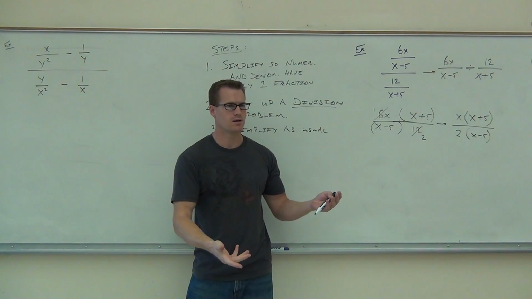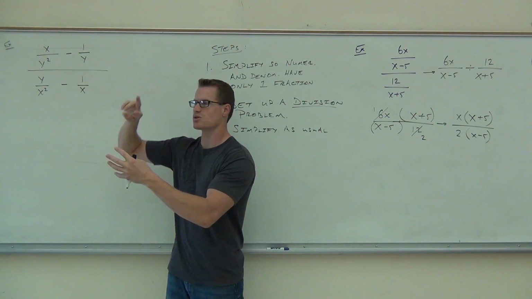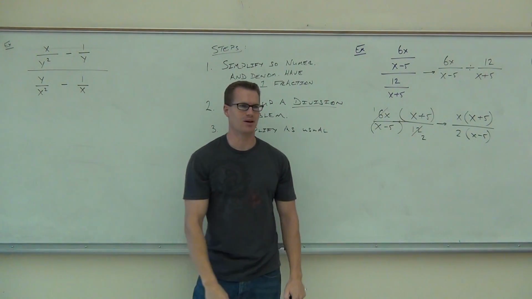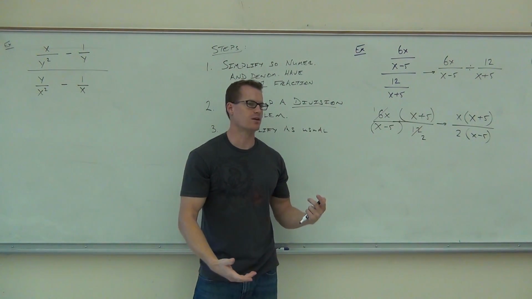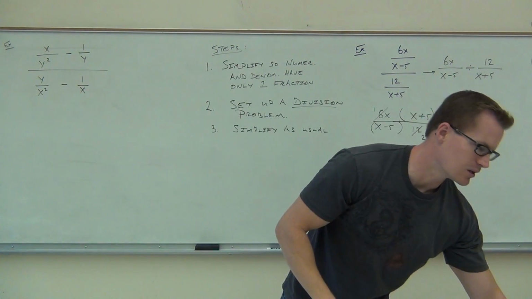Are you following that? So in order to actually do the division, in order to reciprocate, you have to have one fraction so that you can flip it. You can't flip both of those. It doesn't work that way. So we have to make one fraction out of this. But fortunately, I want you to look at this problem. I would like you to ignore